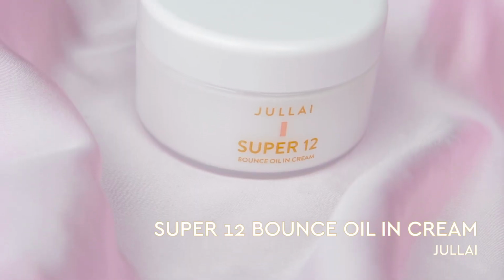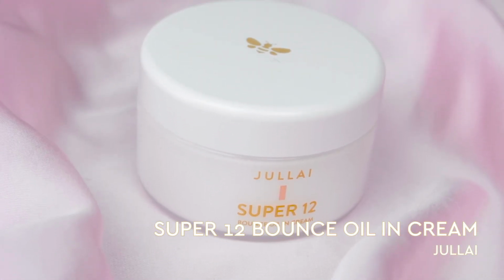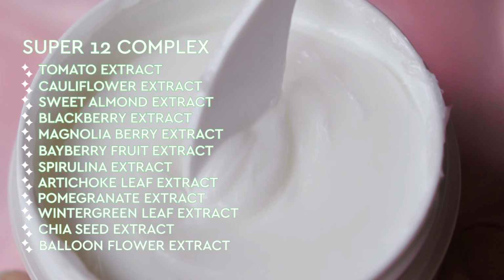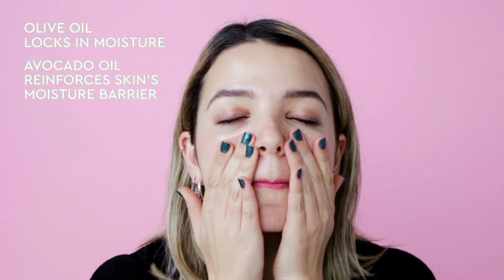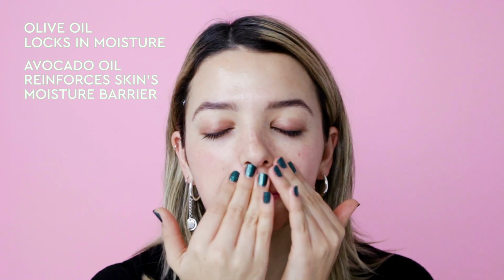After you give your skin all of those amazing nutrients and ingredients that it needs to protect itself, you want to lock that in with a really powerful moisturizer. My favorite new addition to my skincare routine is the July Super 12 Bounce Oiling Cream. Not only does this have 12 superfood ingredients that are packed with antioxidants, which they call the Super 12 complex, it also has olive oil and avocado oil, which is really rich in linoleic and oleic acids that helps really